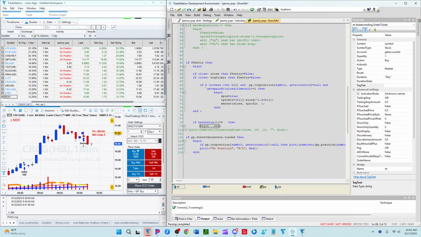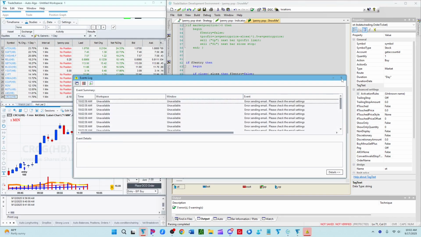So Z, if we did this one time, then Z position is true. So Z position cannot be true if we come to this again. So if Z position is equal to false, then we can look at this other stuff and consider entering again. And then, like I said, if Z position is false, then we come into the block and we set Z position equal to,